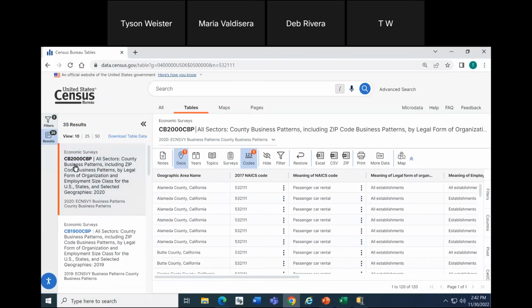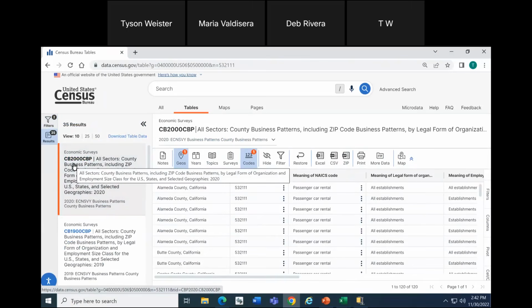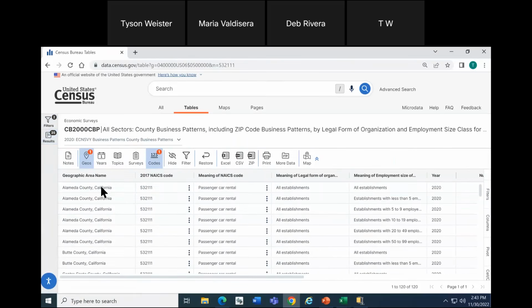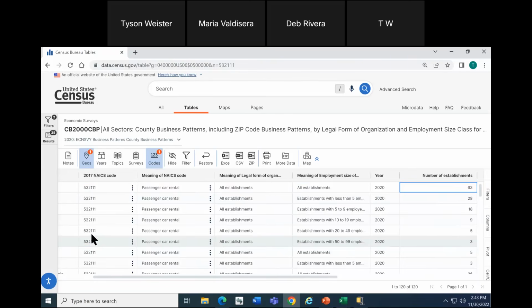It gives us the most recent information on top. It comes from the 2020 County Business Patterns. It's an annual survey. And now let's take a deep look at the table. Notice the left-hand side, our geographies are in the rows. They're not in the columns like we've been looking at before. There's also multiple entries for some of these geographies. As you work your way across the table, each of these left-aligned columns, each unique combination of them results in a data row for your table.